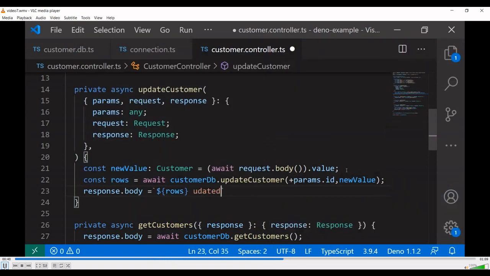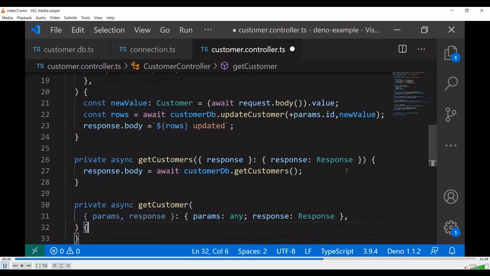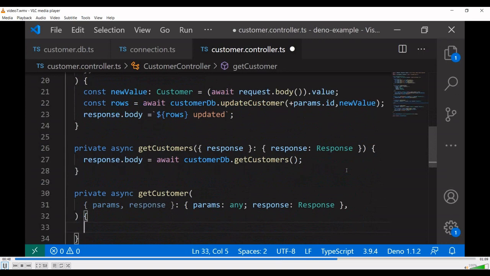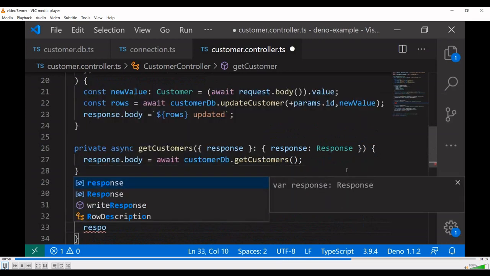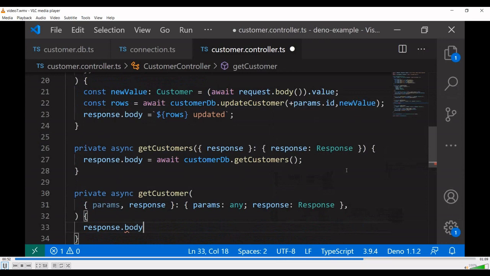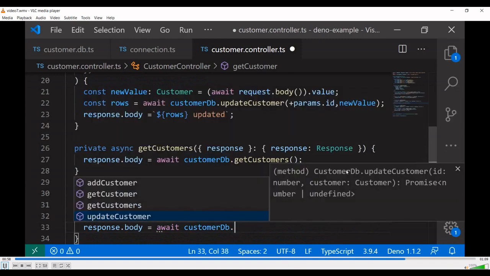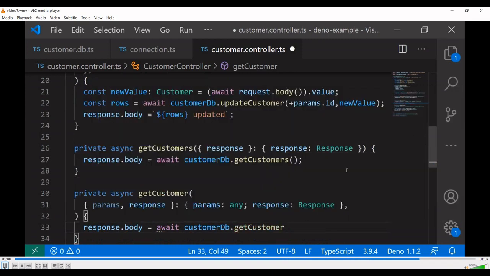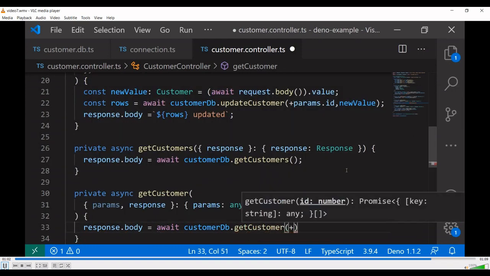Rows affected or updated. Next one is to get the specific customer, directly binding with the response.body equal to await customer DB dot get customer of ID.